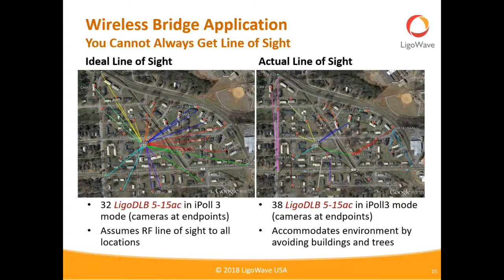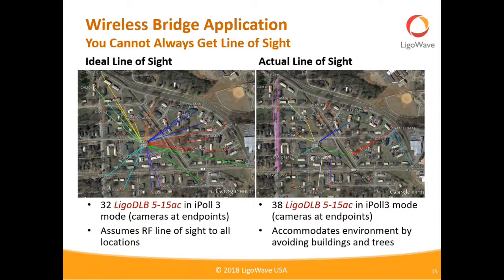Now, one of the challenges that we always have in doing wireless bridging applications is that you can't always get line of sight. And sometimes you don't know that until you actually show up on site. This is an example of a project where the customer told us, oh yeah, from the main building, which is kind of nicely centered on the property, we're going to be putting up these roughly 30 some odd cameras, and you've got line of sight to everything. And so we provided a design showing, okay, point to multipoint, where everything's coming back to the MDF. And in reality, of course, that turned out not to be the case.